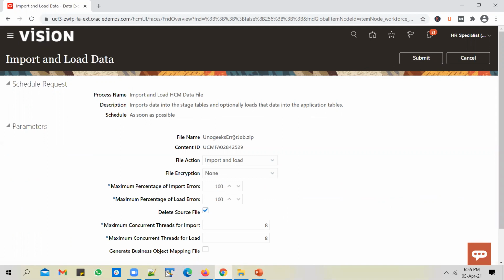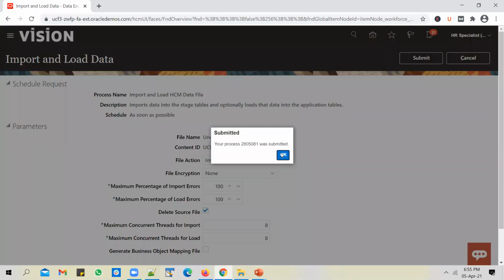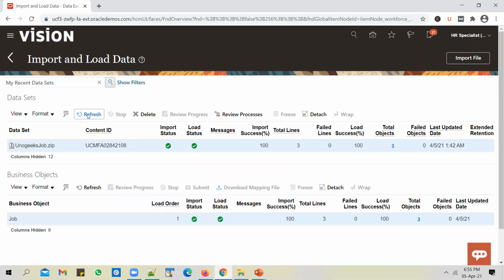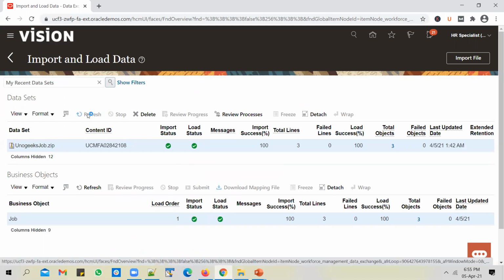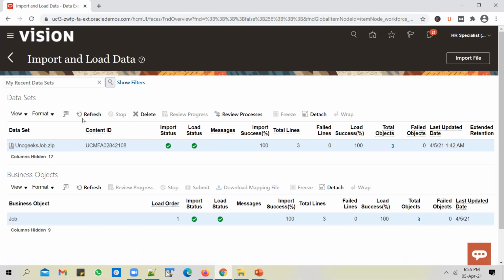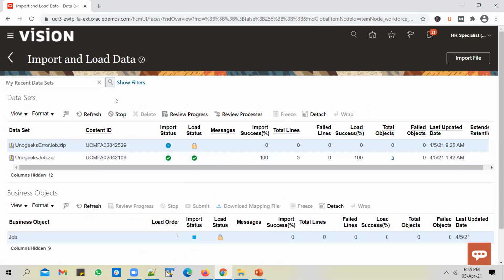I've explained how these parameters work and the significance of each one of them in the previous video. You can watch that video for the details. So just go ahead and submit it. You should see the data set showing up now. Let's wait for a minute for the import and load process to complete.